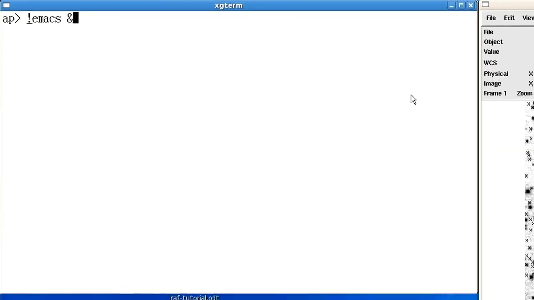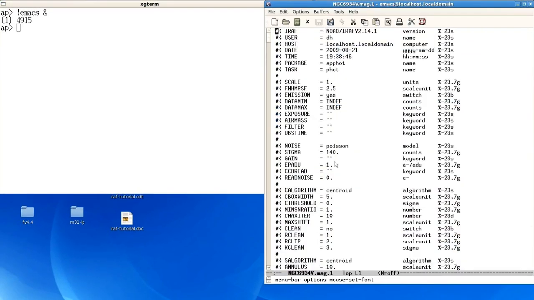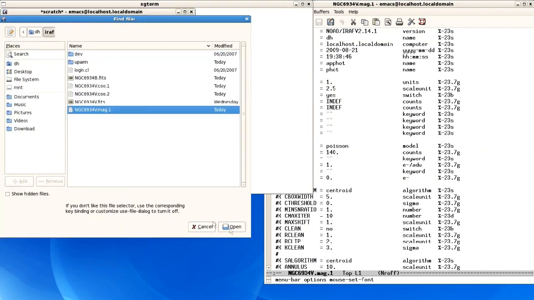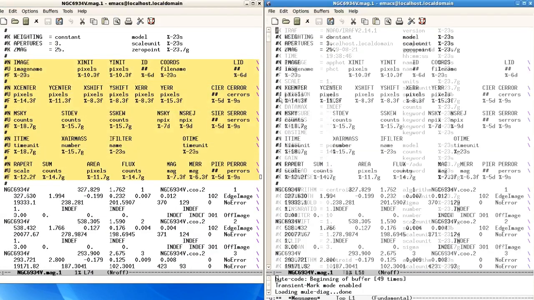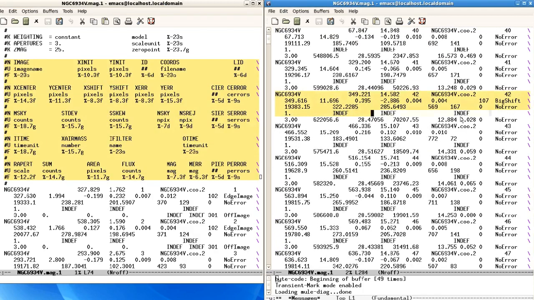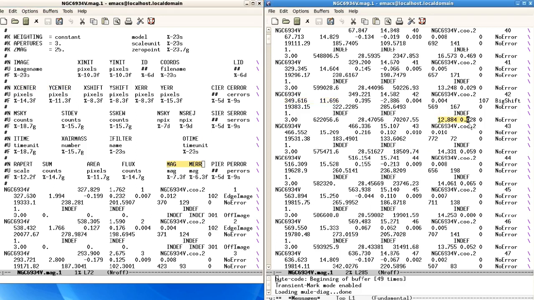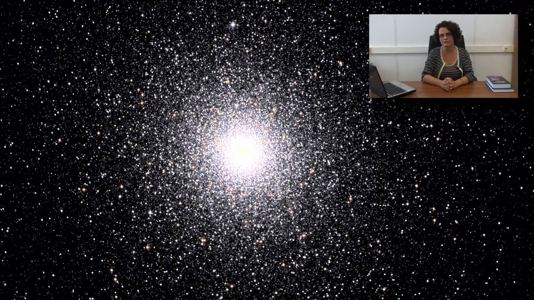We can view the file using, for example, Emacs. For demonstration purposes, we'll open the file twice in 2 separate Emacs windows. As you can see, there are 30 parameters derived and output for each star. We shall need for future use the values of the star's location, x-center, y-center, the relative magnitude, mag, and its associated error, MERR. We now have the instrumental magnitudes for the stars in the V-band,